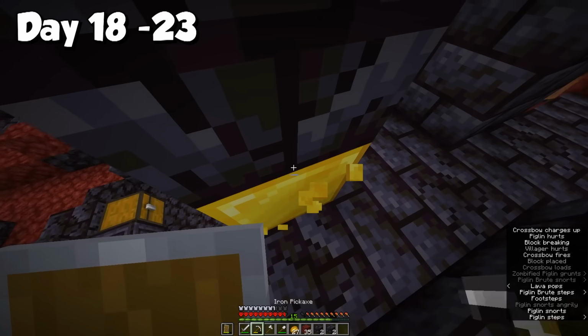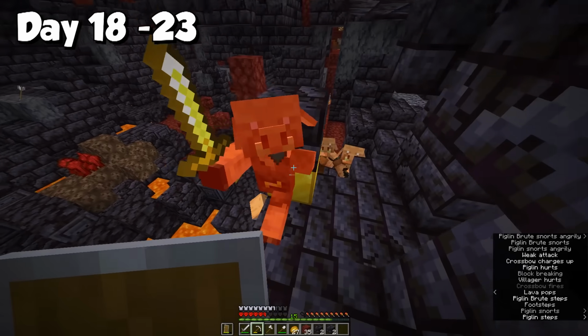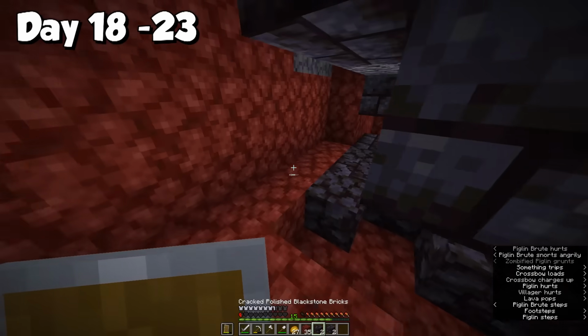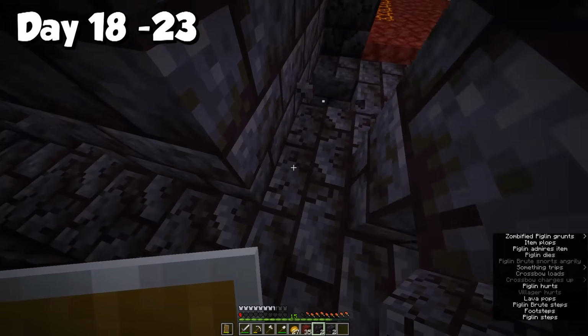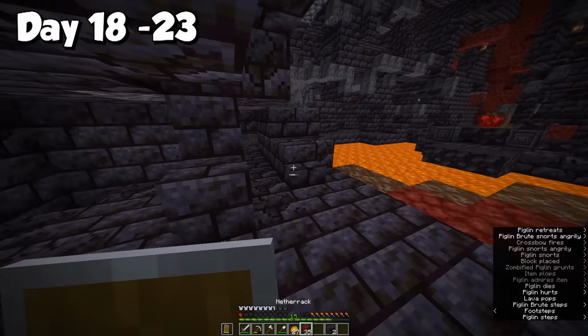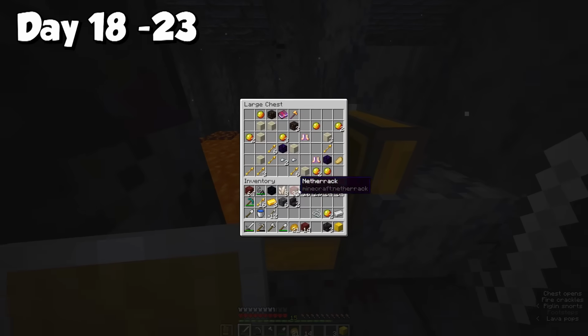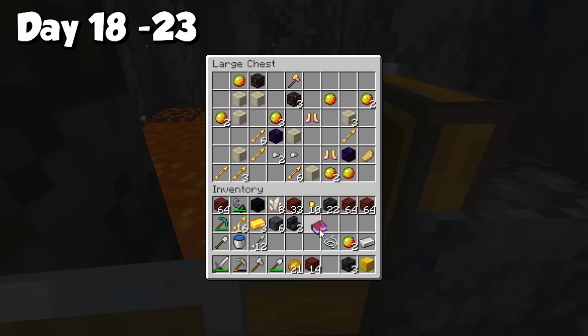Piglin made it around the side, hit me and did serious damage. Then I fell and I was on half a heart. I panicked. So I ran for my life. Luckily, I was able to get away just in time. Wow, that was close. But anyways, I found myself another chest right here, and it had some very nice